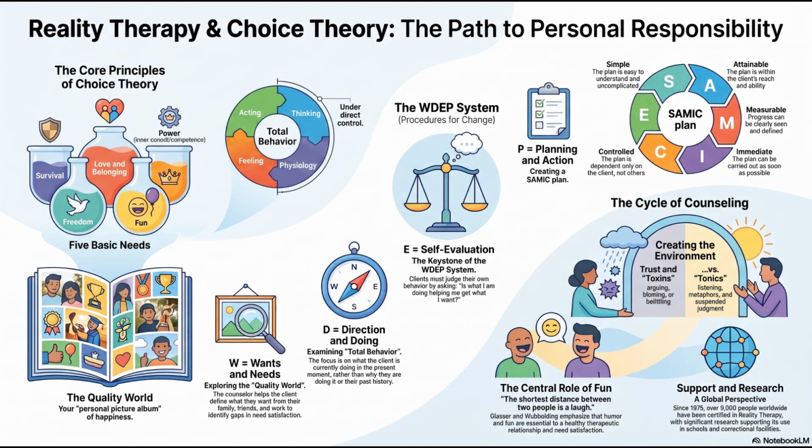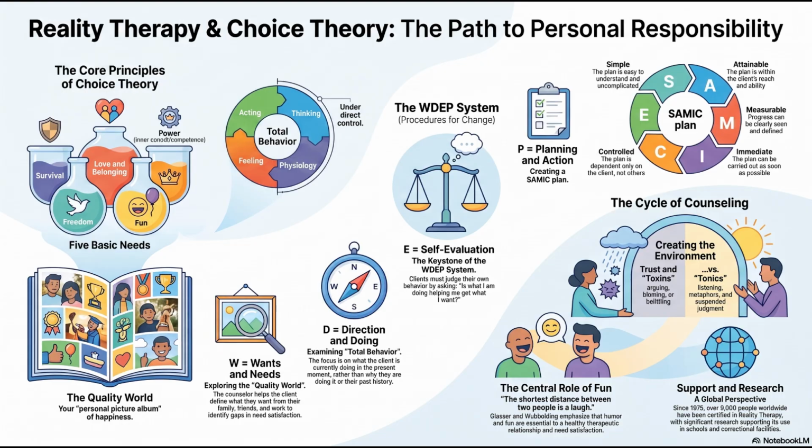The quality world. Yeah, think of your quality world as this highly curated mental picture album that you keep inside your head. Okay. Starting from when you're an infant, you begin storing very specific images, people, beliefs, situations, anything that has successfully satisfied your needs in the past. So if the 5 needs are the universal hardware that every human shares, then the quality world is the unique software that I've programmed for myself. That is a great analogy, yes.